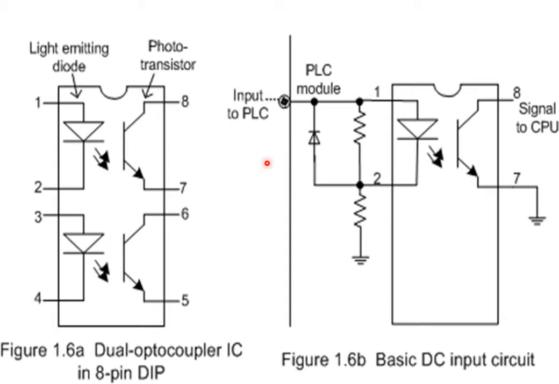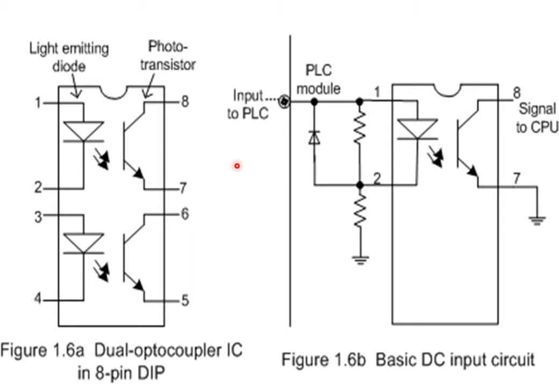Now friends, what do you have to do in that? This is the input, which is going to the PLC, and the PLC has an inbuilt opto isolator with this circuit over here, and ultimately the signal goes to the CPU like this. This is the basic DC input circuit, and this DC input circuit is also in the form of on or off. We don't have any analog thing over here, otherwise it would require voltage to frequency and frequency to voltage kind of conversions as well.